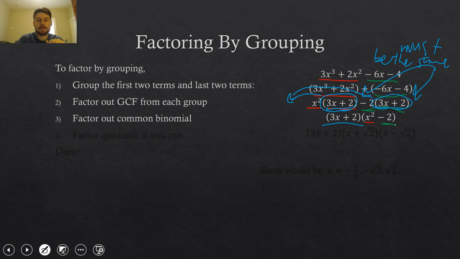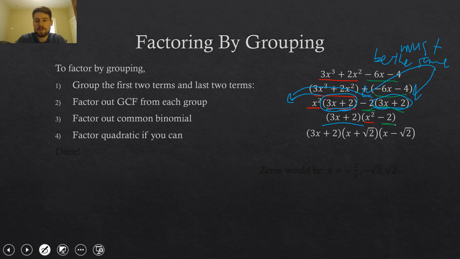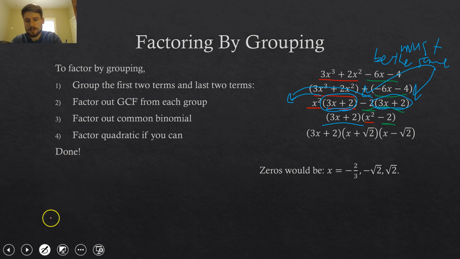And then once you've done that, you try to factor the quadratic if it can be factored. In this case, you could factor x squared minus 2 down into x plus root 2 and x minus root 2, and you'd be done. And from this, you could determine the zeros. This is fully factored. There's nothing left. And our zeros would be negative 2/3 from this guy, negative root 2 from that guy, and root 2 from the last one. Okay. And that concludes